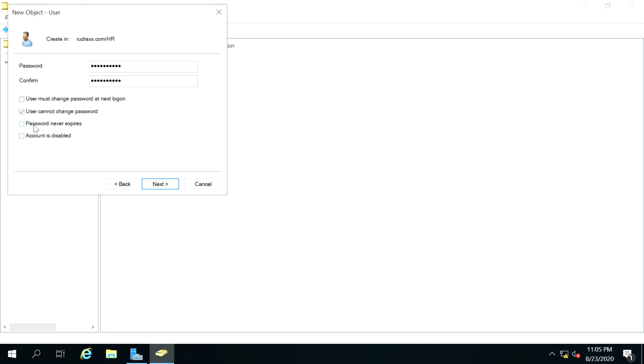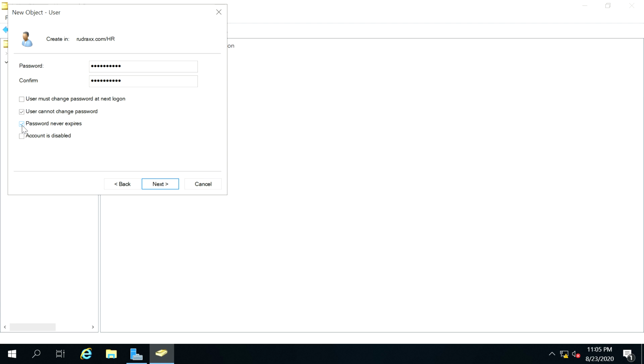the password never expires. Okay, if you do not opt for this one, what happens, you have selected user cannot change the password, fine, user will use the password which you have provided, right? After that, after a few days, this password which you have created just now will expire. Okay, again you have to create a new password, and again you will give it to your user.